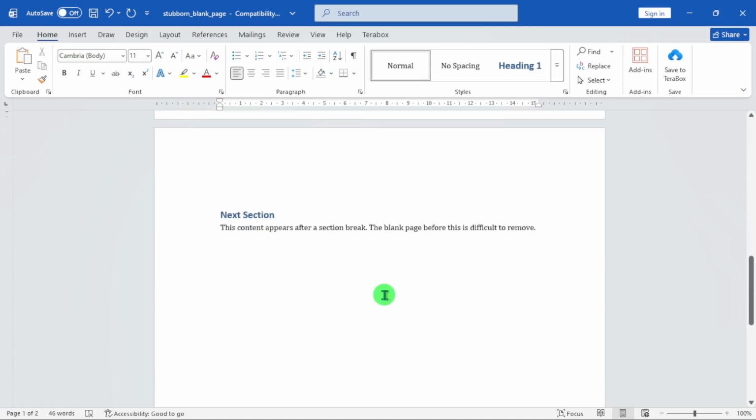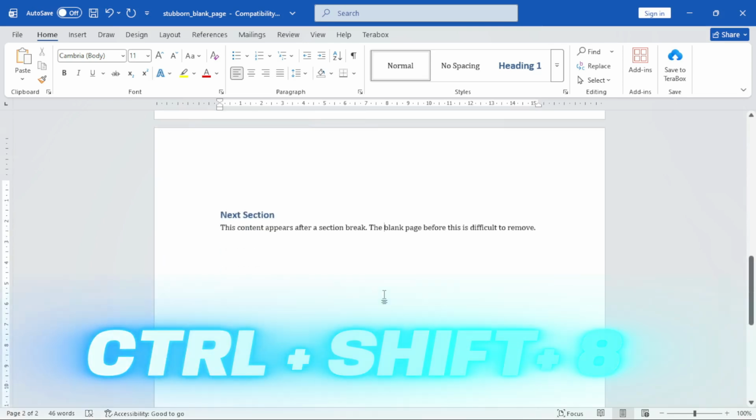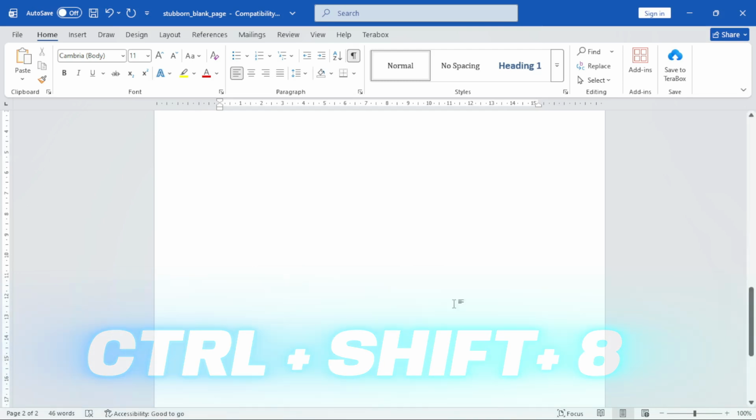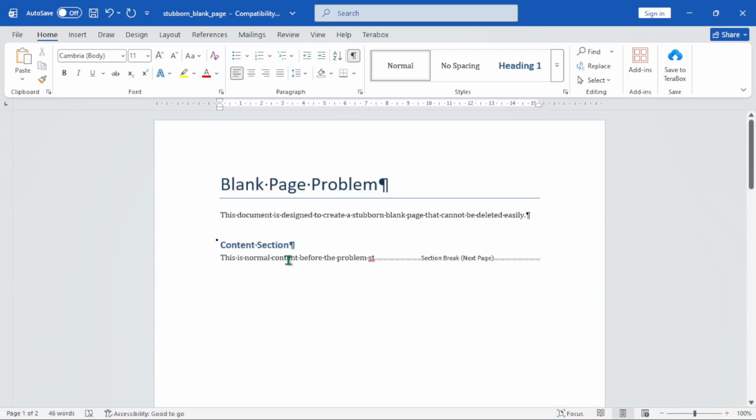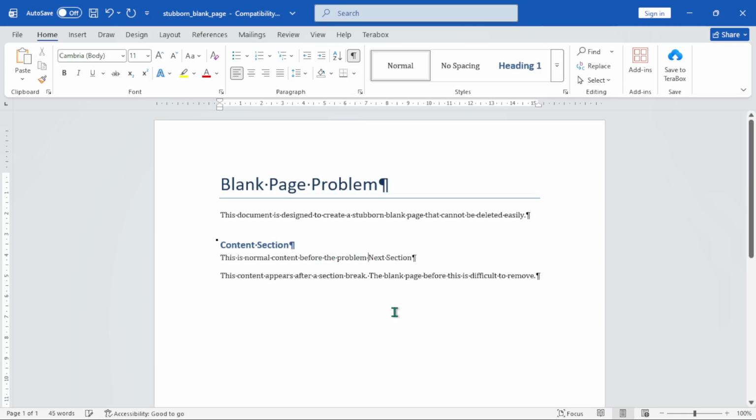Go to that page and you press Ctrl Shift and 8. This reveals the hidden formatting marks on your document, and as you can see, if you look closely here, you'll see a section break. That's what's causing the blank page. So we click right before the section break here, then we delete it completely, and just like that, the blank